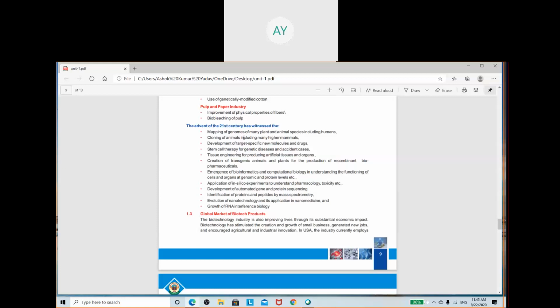Not only in plants, we can also use animals for the production of any chemical compound. And from the fish, from the meat, from the milk, we get that chemical compound. So we create transgenic animals and transgenic plants. That is the concept of molecular farming, pharming. Molecular farming in plants is used to develop edible vaccines, and for the production of antibodies, production of any